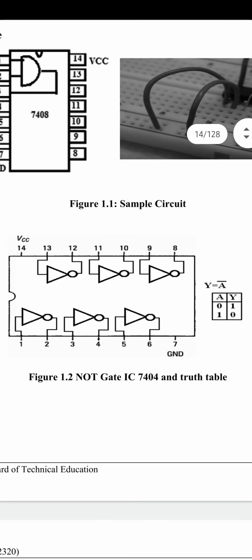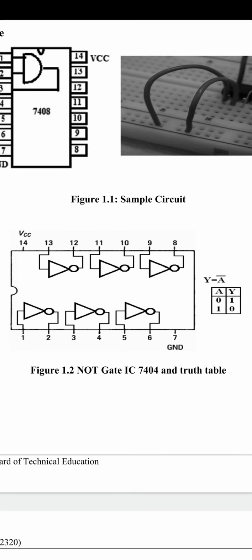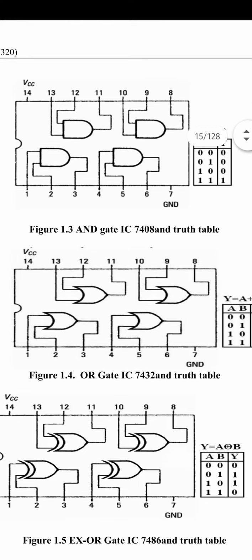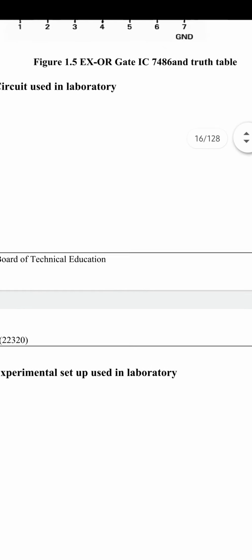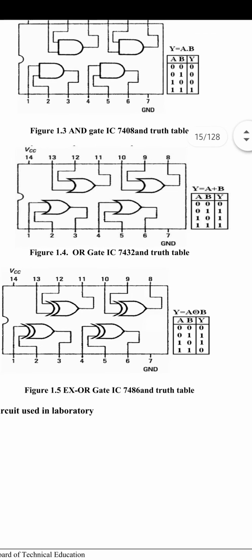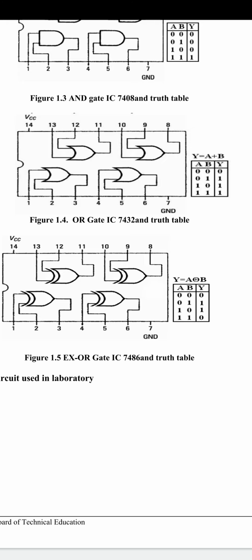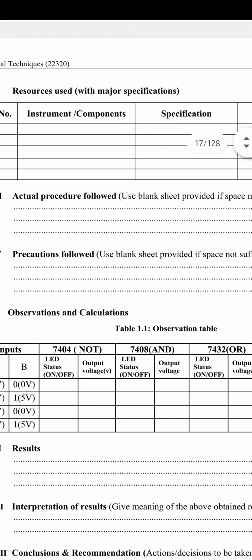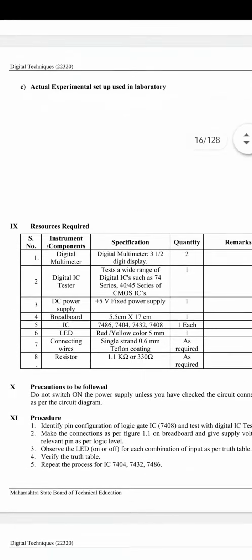7404. The 74 here indicates that these ICs are TTL ICs. 74 series ICs are TTL ICs, and then we have the truth table for this NOT gate IC. We are supposed to verify this truth table. Similarly, we have other ICs: AND gate, OR gate, XOR gate, and all other gates. We are supposed to verify these gates. Let us verify the basic gates first, that is AND, OR and NOT gate. Let us try to actually simulate this.